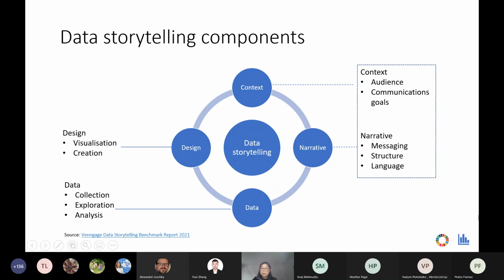When we hear data visualization or data storytelling, we always think about the charts, we also think about whether the data work is robust. But seldom we think about who our audiences are, how are we going to present the whole story to them, and what's the key message, what's the key takeaway our audience will get out of the data story. So today, I will mostly focus on talking about these two less visible components of data storytelling.